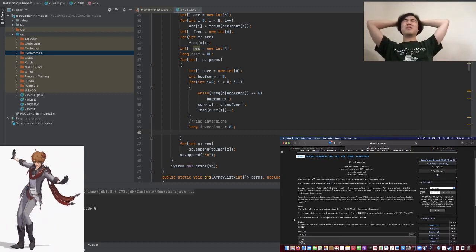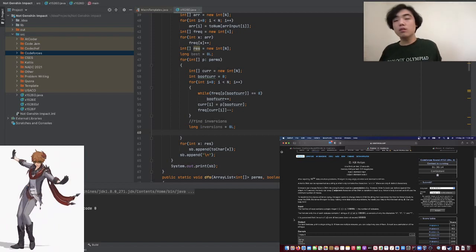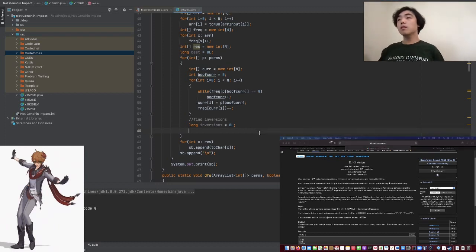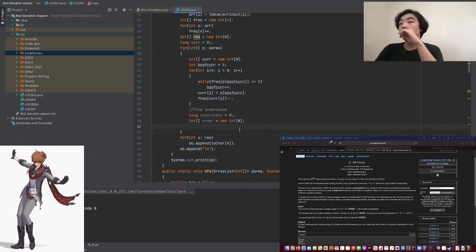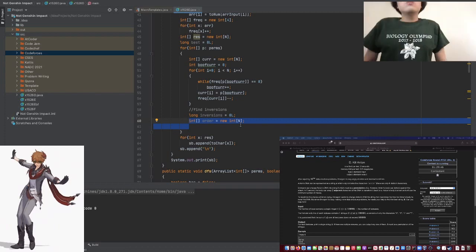It's like, you want to count, I guess, for each number. We know it's sorted order. We know it's order. But if we do it in that order,